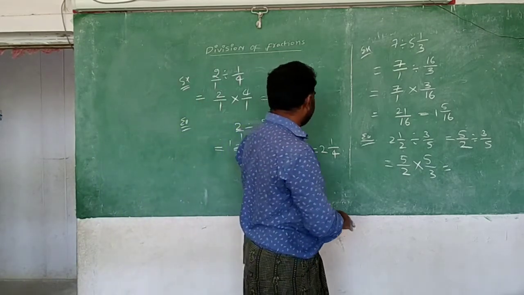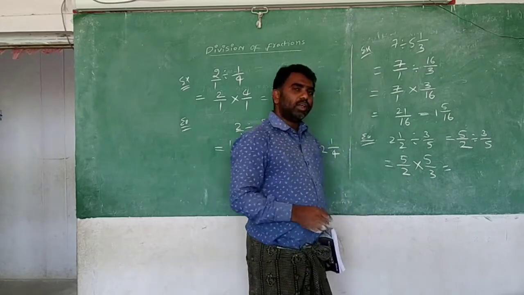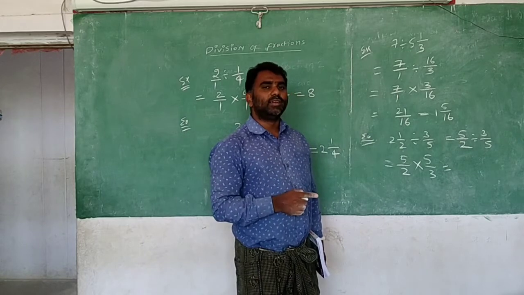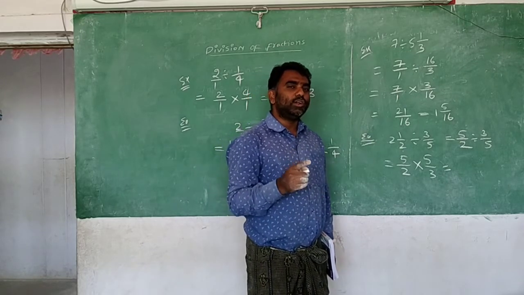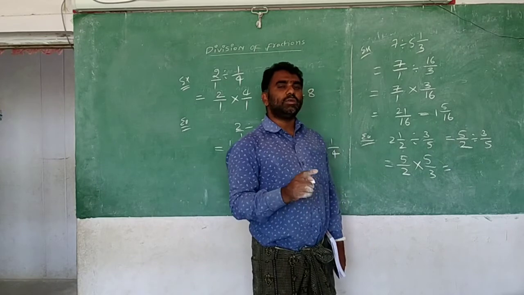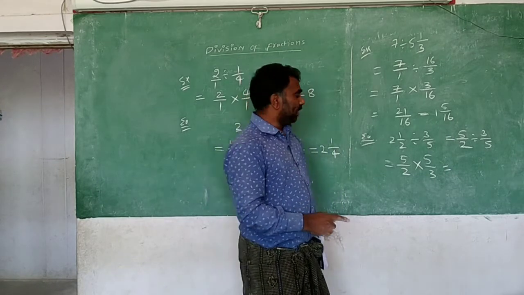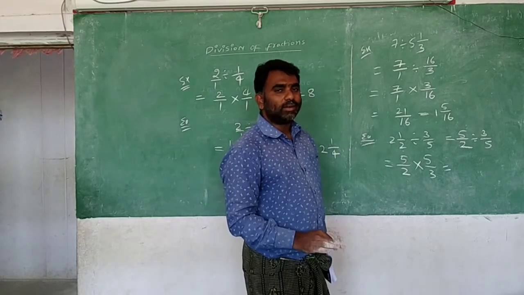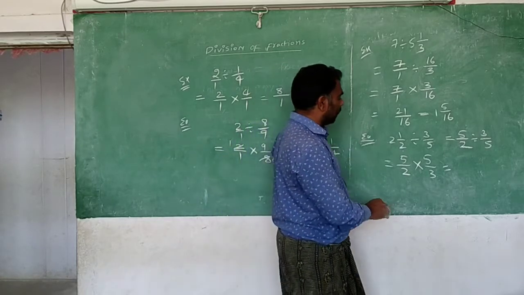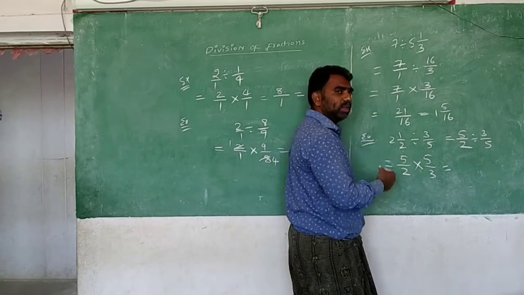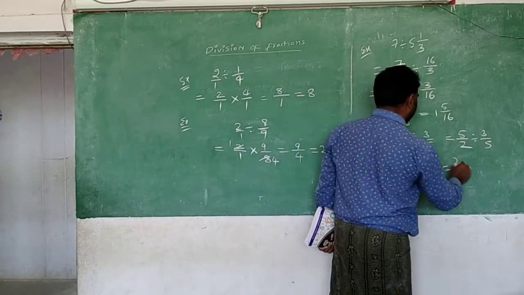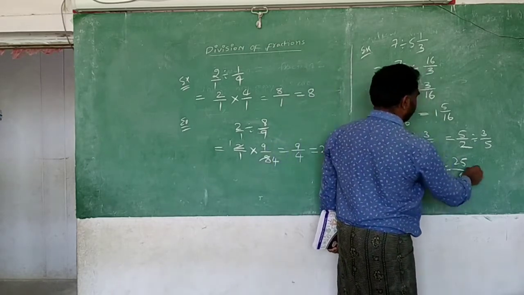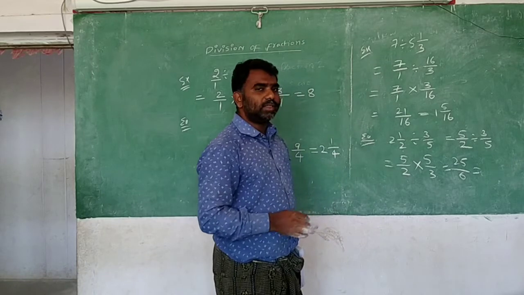Cancellation, can you try here cancellation? Maybe you say 5 and 5, 25 comes in 5 table, but you should not take like that, I said. Why? You only need to check that one must be numerator and one must be denominator. But here both are numerators, so you cannot do like that. So what should we do compulsorily? Only numerators and numerators you can multiply. 5 5s are 25 and denominators 2 3s are 6. Multiply the numerators, multiply the denominators.